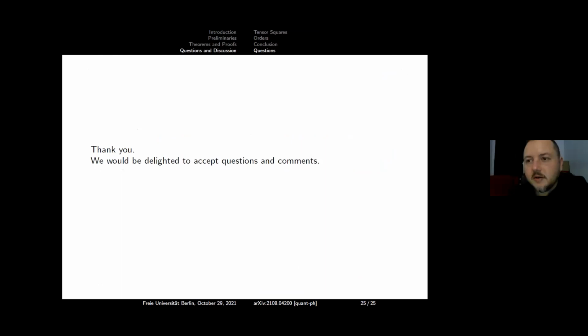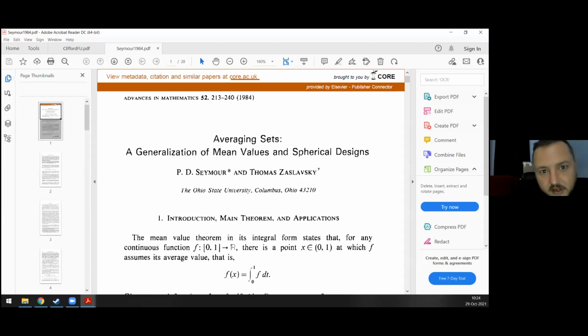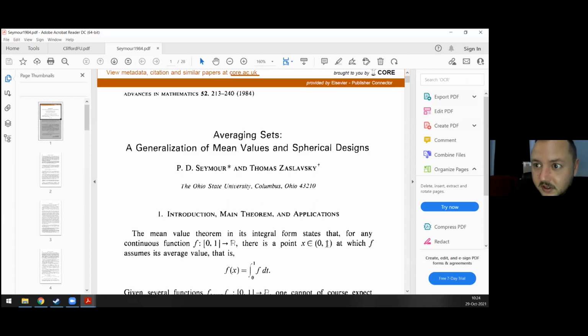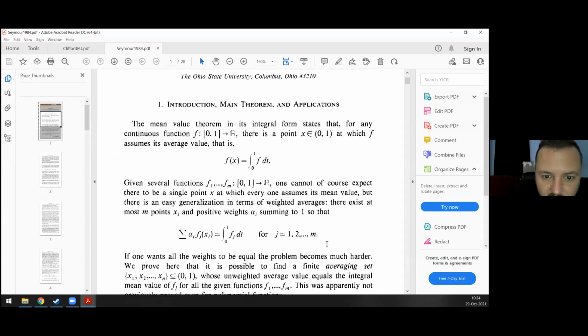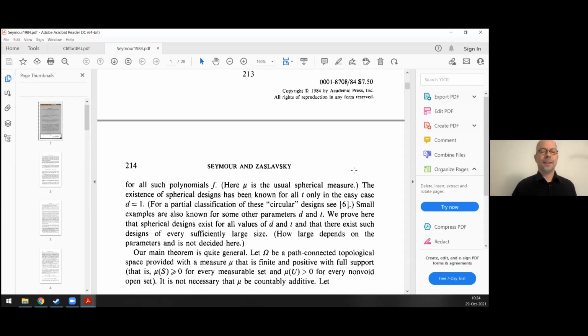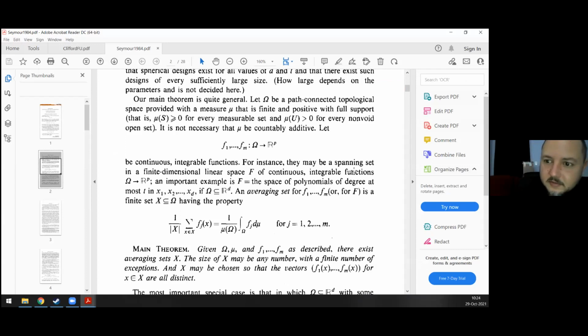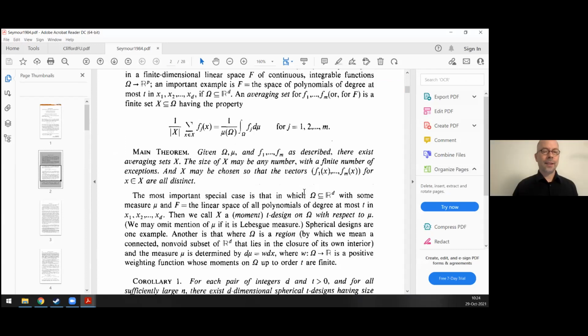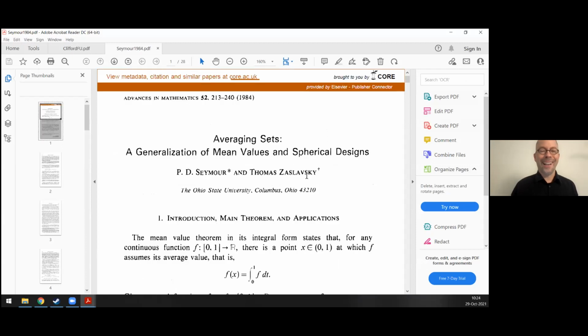No, I'm checking my repository. I'm trying to see if there's... Yeah, I want to say yes. I want to say yes so badly, but I'm going to check here. I want to get you the answer. Oh, can you see it? Okay, well, look what I'm checking. So this paper is awesome. Look, main theorem. Yep, finite. Yep, finite. Finite. So X. Seymour. Yeah. Wonderful. Good.